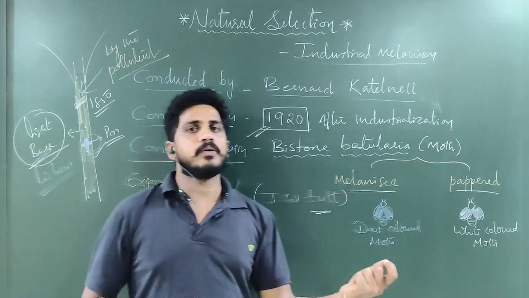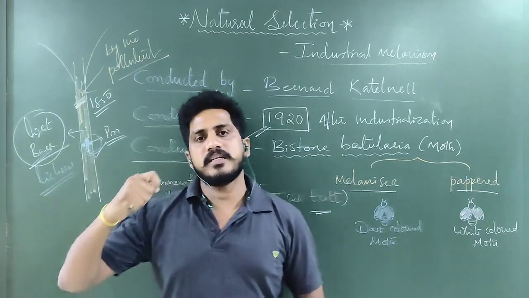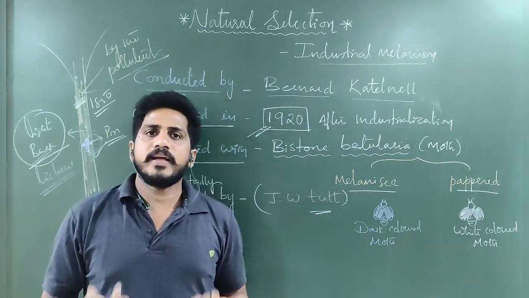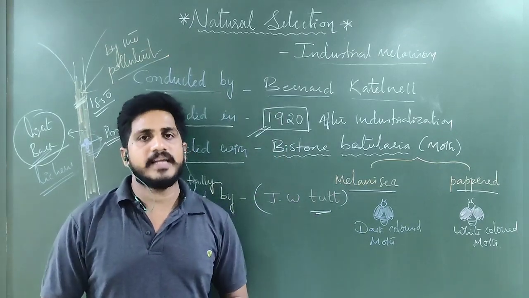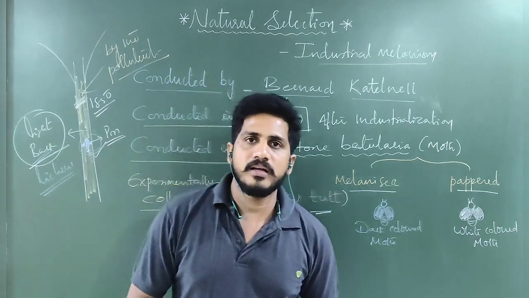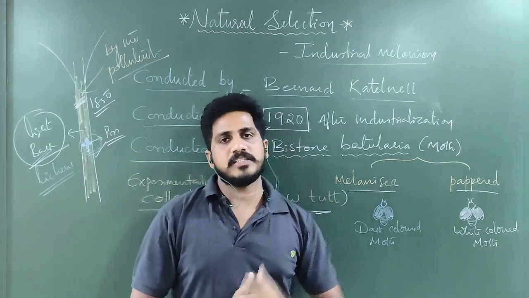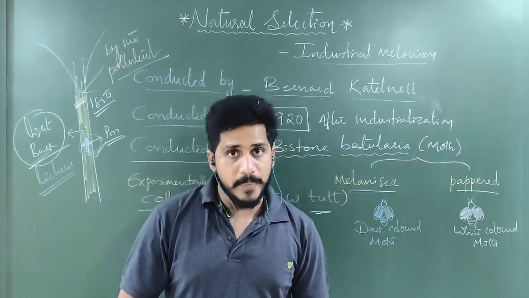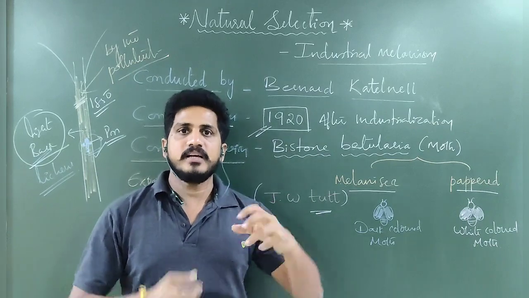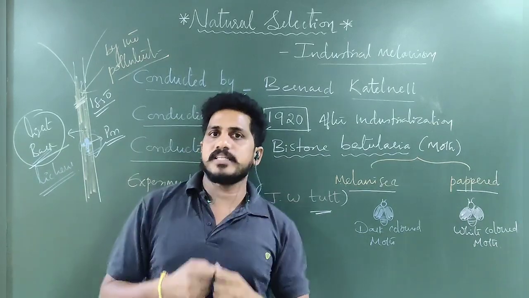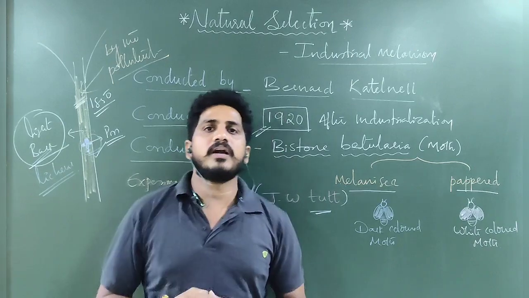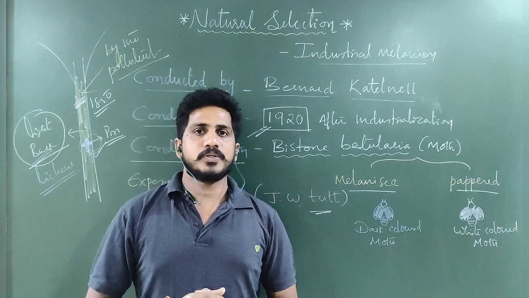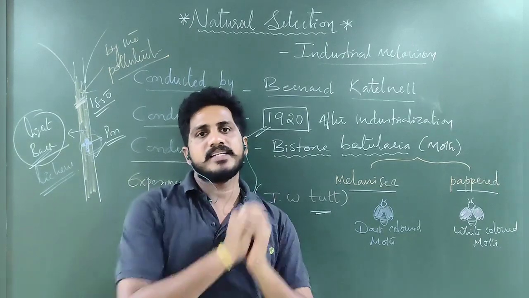Here nature doesn't select white in the urban area, and it doesn't select dark in the rural area. According to the situations, they are acquiring characters. This is the story about acquiring characters through natural selection, with the simple example called industrial melanism. Because of the industry smoke, pigmentation of the organisms has increased. That is what was acquired and passed on to their next generation, the offspring. That is why it is called industrial melanism.